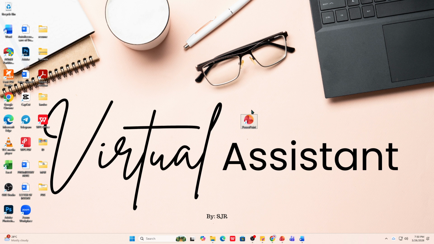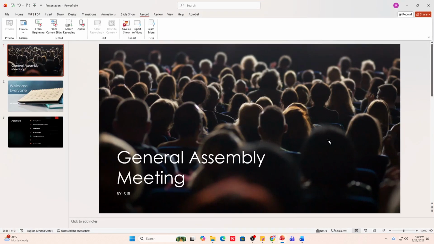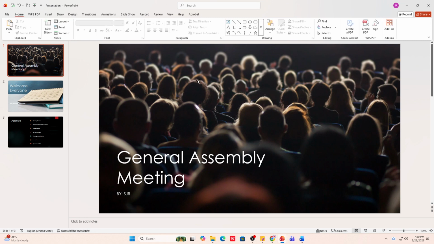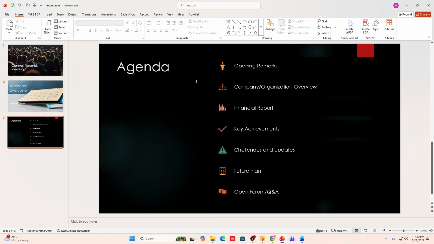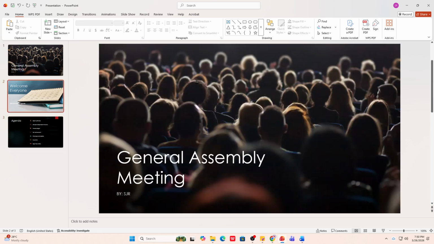You can create a brand new presentation or open an existing one you'd like to turn into a video. Before you record, take a moment to finalize your slides. Make sure your images, on-screen text, animations, and transitions are exactly how you want them. Anything that appears during your slideshow, like click-triggered animations, can be captured in the recording, so having everything set now